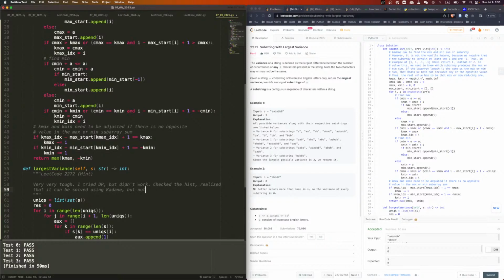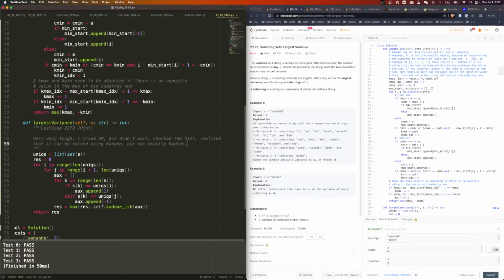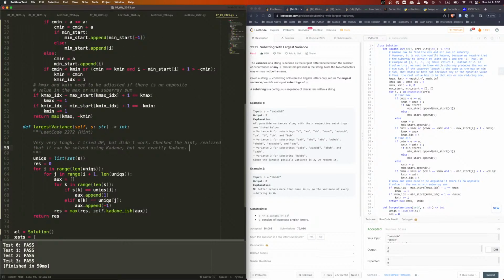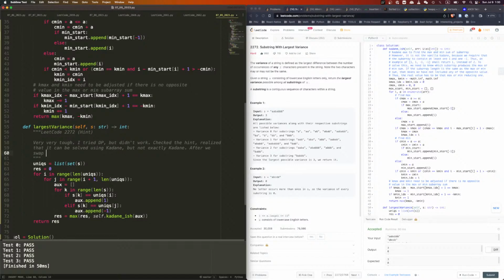But not exactly Kadane. After we swap all the pairs into 1 and -1,